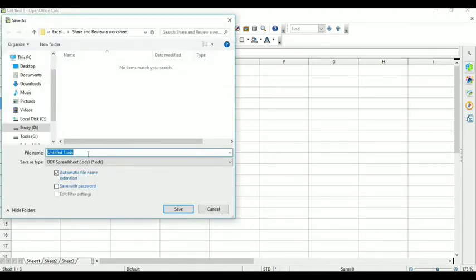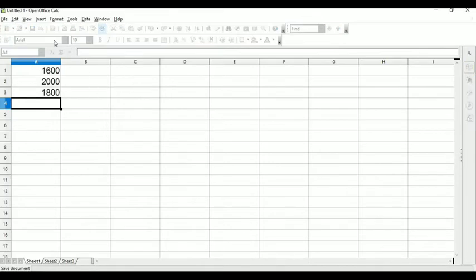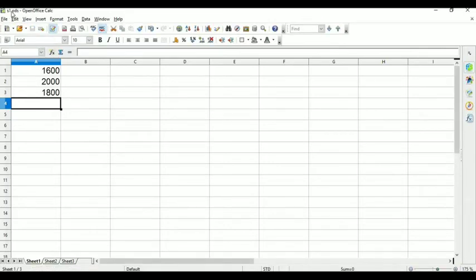Now save this file. Suppose I am writing its name as S1 and the folder name is share and review of worksheet. Then click on the Save button. Now the file is saved with the name s1.ods.